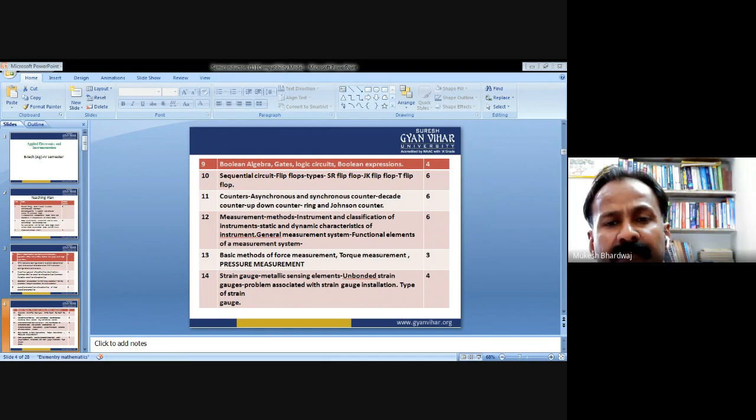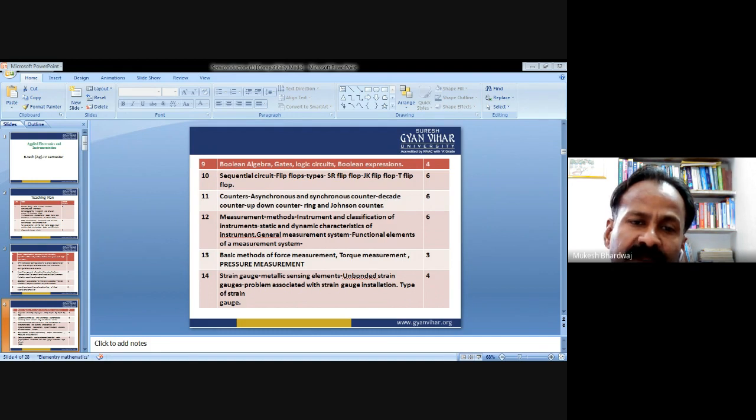After combining the gates, we get two types of circuits: one is the sequential circuit and another one is the normal circuit. The sequential circuits are flip-flop types, and flip-flops are again based on logic gates and are a part of digital electronics. Various types of flip-flops are there. These are memory devices or memory circuits, used for various purposes to get the output with respect to different inputs: SR flip-flop, JK flip-flop, T flip-flop, D flip-flop, and so on.